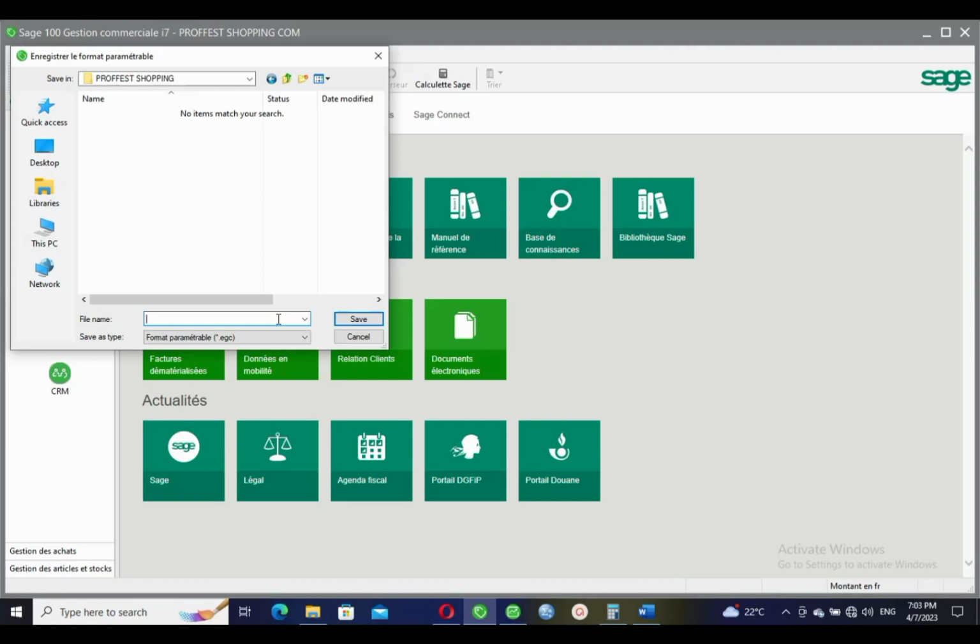Very important. You cannot import articles in Sage when you have not imported the families of those articles. Why? Because those articles are attached to some families. Those families should first of all exist in your company before you even import the articles. That is why we are going to start by creating an import export format for families